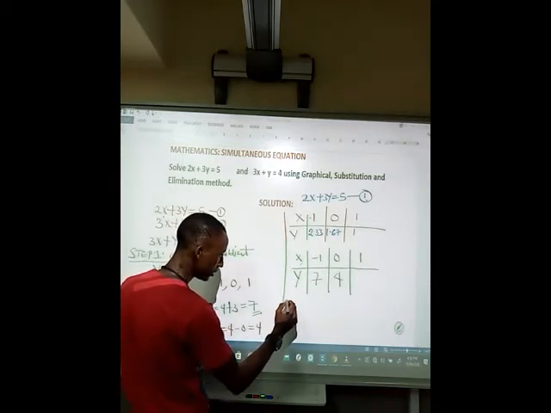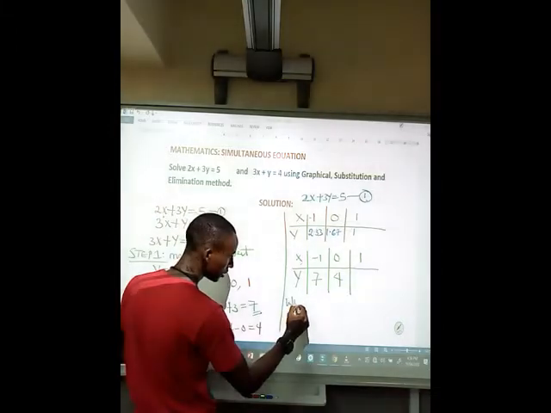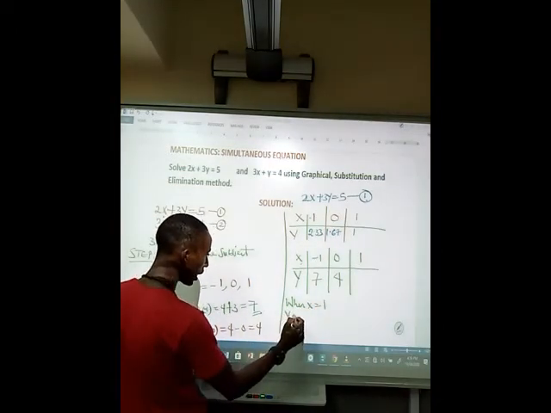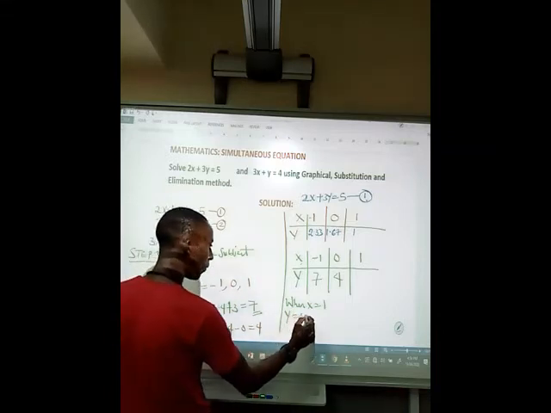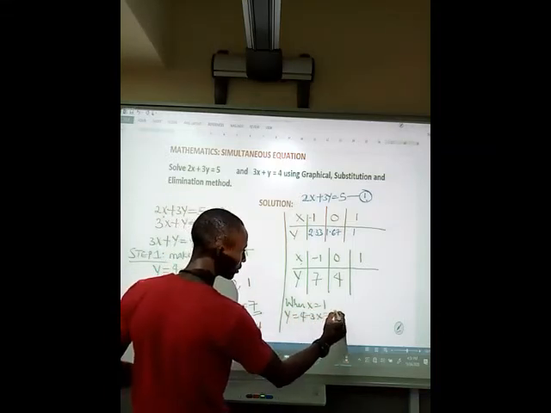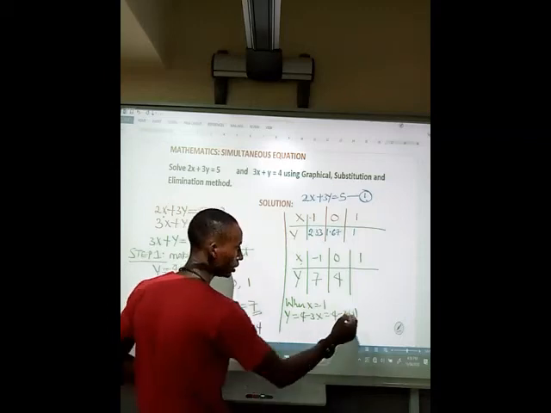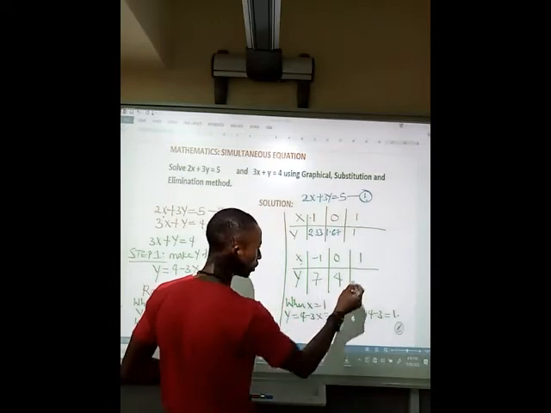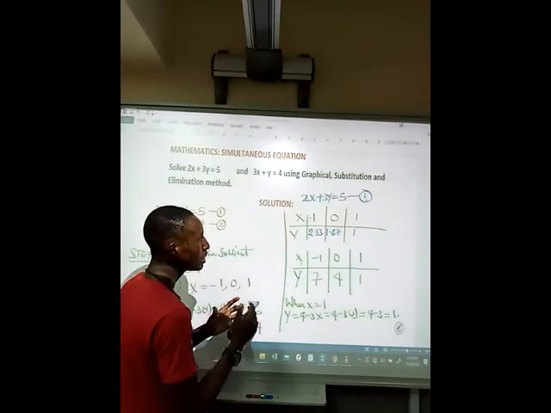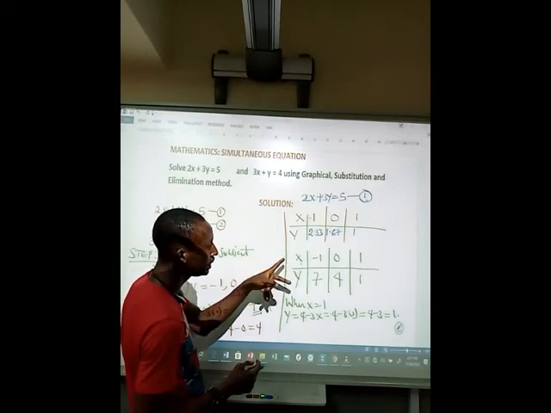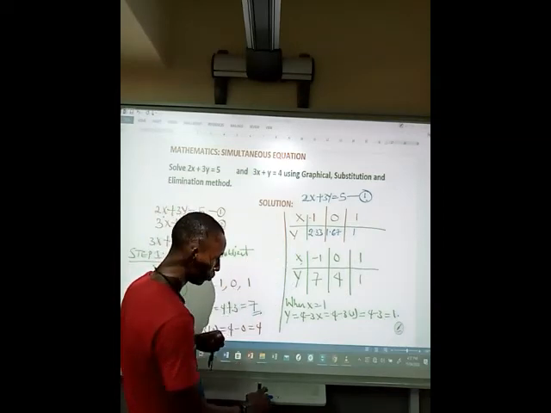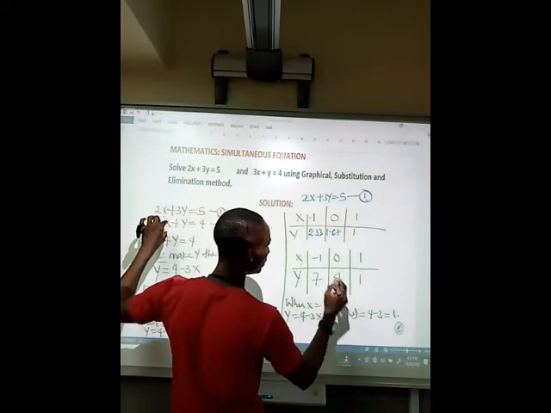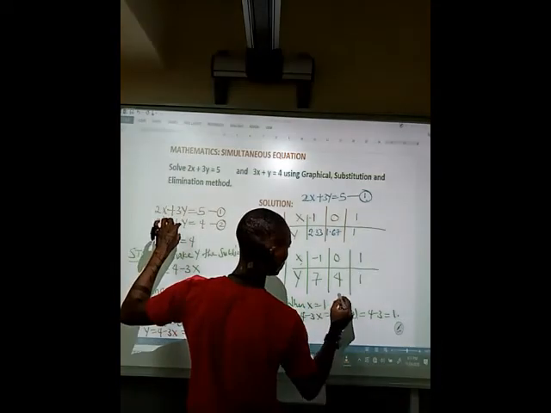And lastly, when x equals 1. So let me do it here. When x equals 1, your y, which is equal to 4 minus 3x, will be written as 4 minus 3 into bracket 1. So by so doing you have 4 minus 3, and 4 minus 3 gives you 1. So you just come here to write your 1. Now I have been able to construct my first table, and this is my second table, and for which equation? Equation 2,